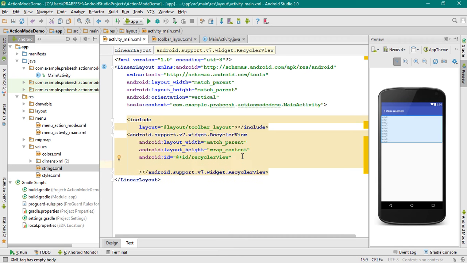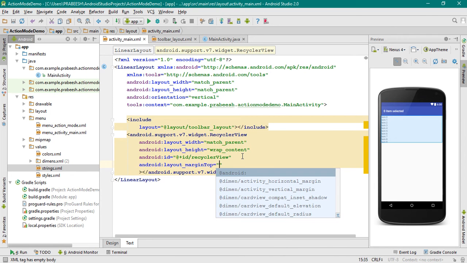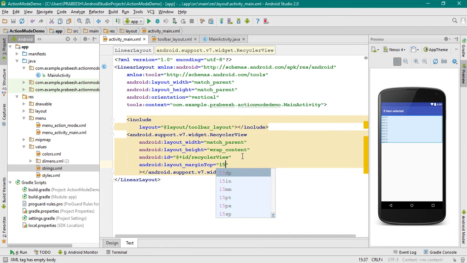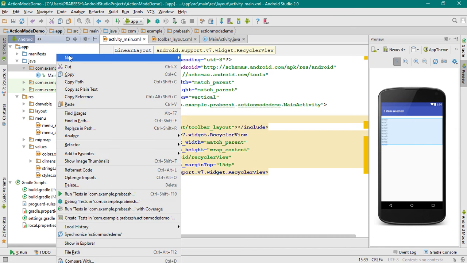Okay, now put some margin at the top. So Android layout margin top into 15 dp. Okay, now we have a recycler view available on the activity main.xml file. Now we have to create some Java classes. So right click the package and create a new Java class